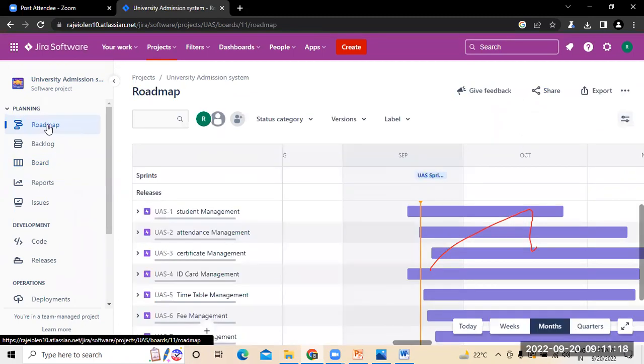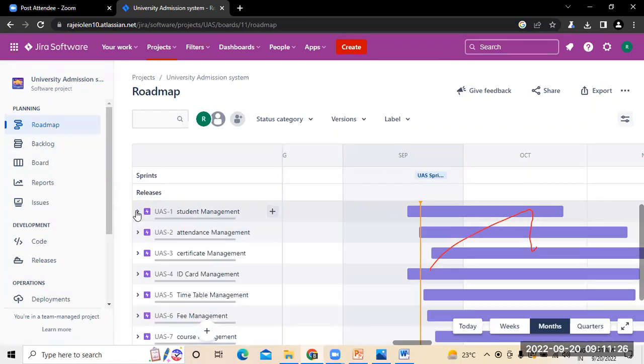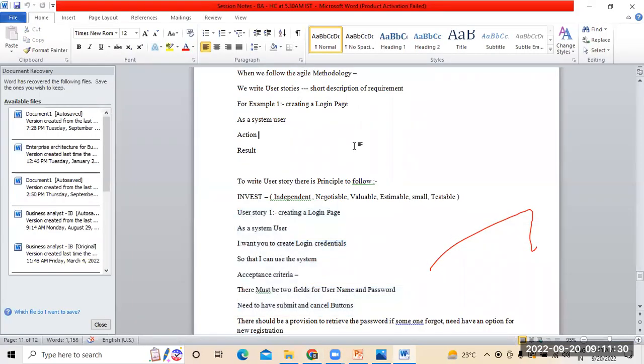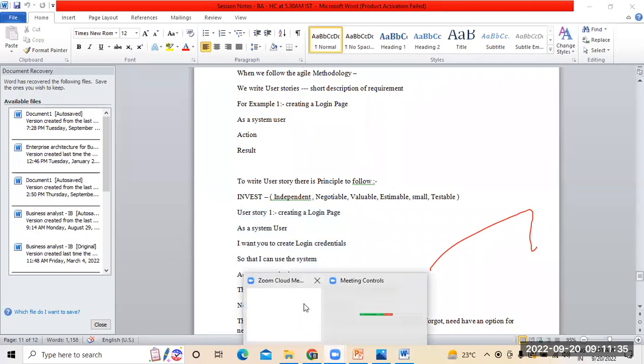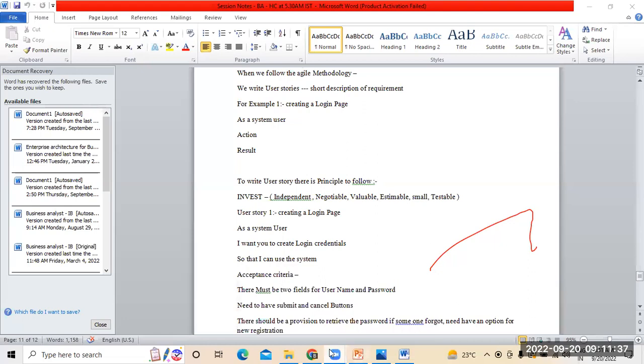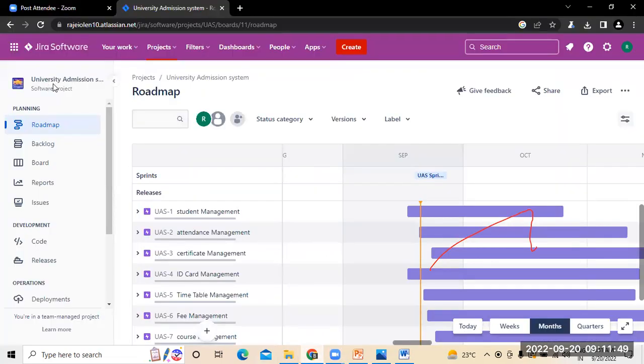So being a business analyst, what you do is create the roadmap by creating epics followed by user stories. That is the reason why, if you remember, since the beginning I have trained you on a case study. Whatever explanation I have given is on the case study itself. From the beginning, the same thing I have followed, and I follow the same thing even now with this case study, so that you will understand much better.